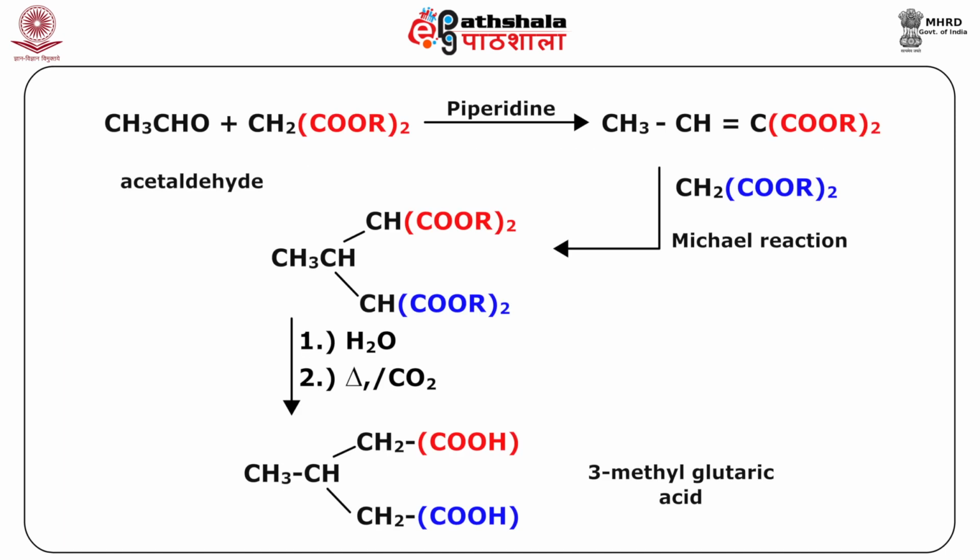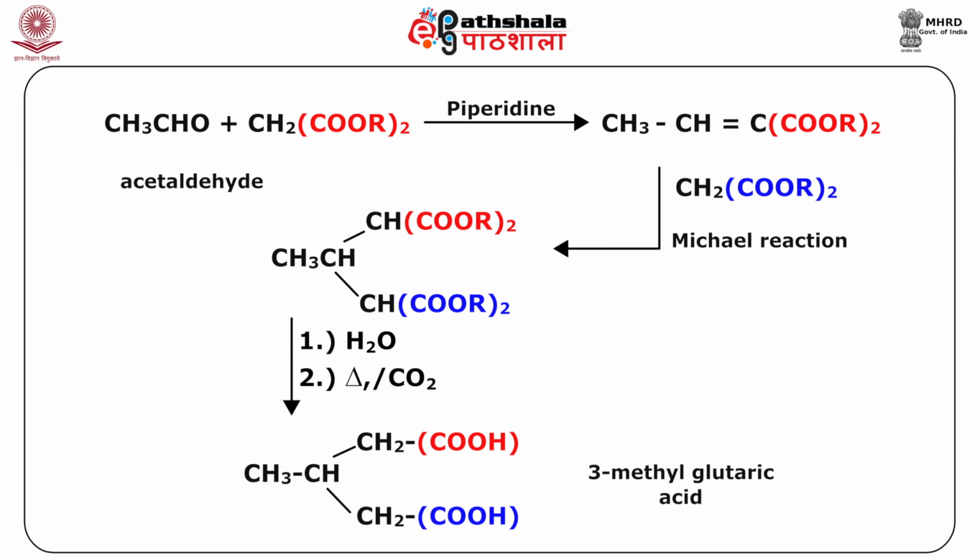Let us consider another example where we start with acetaldehyde and do the reaction with this dialkyl malonate in the presence of piperidine. We will get this alpha beta unsaturated condensed molecule as the diester, and when this is subjected to further Michael reaction with another molecule of this diethyl malonate, the Michael reaction happens and it will be attacking on this beta carbon. So, this attacks at beta carbon and as a result we get this condensed product, and this